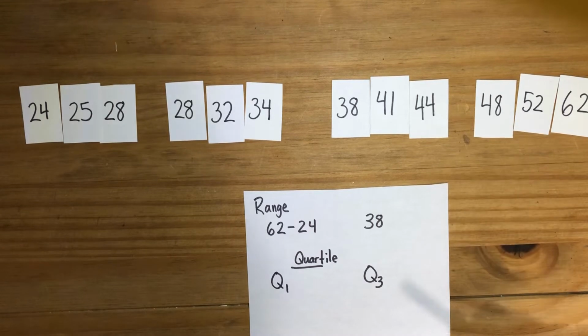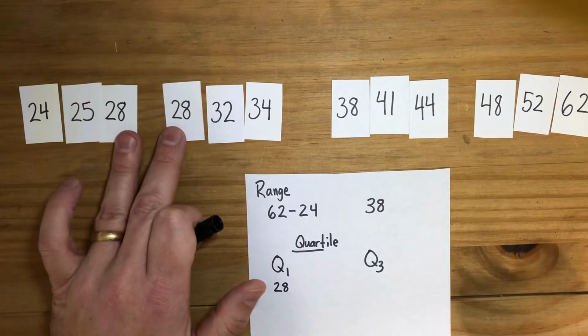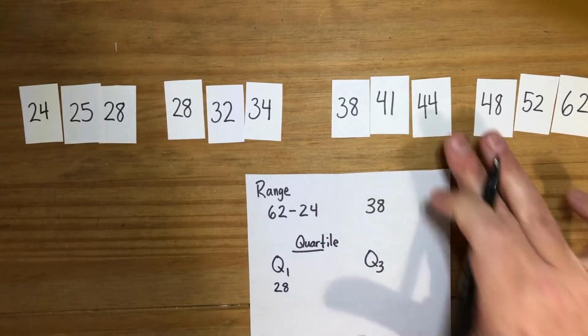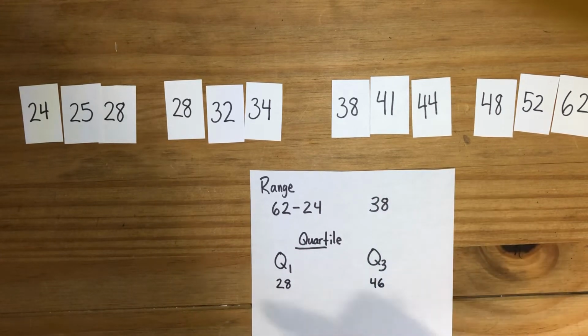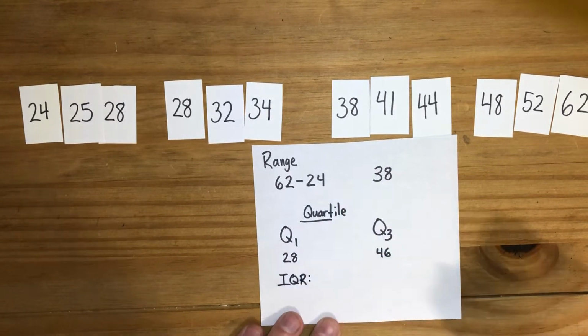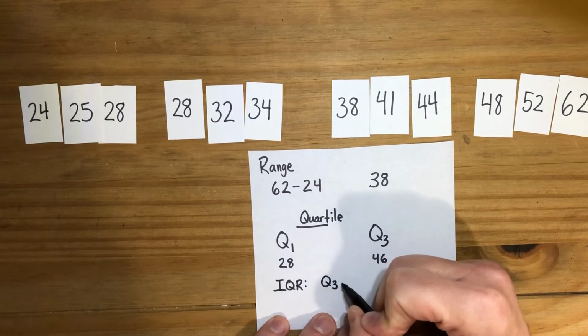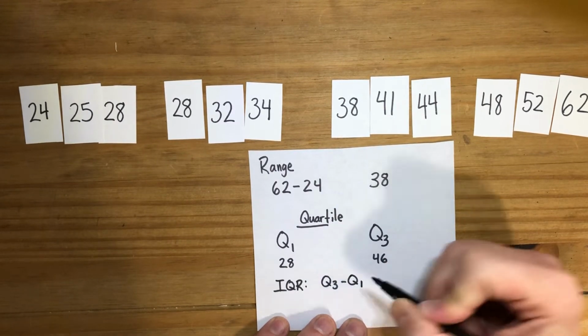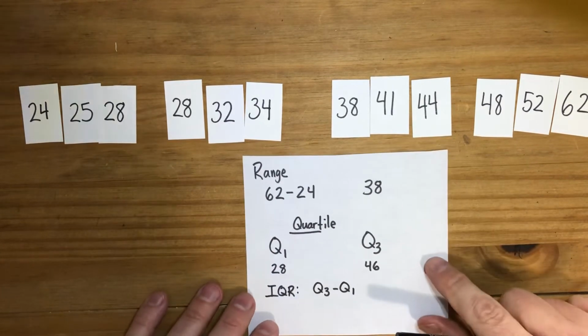I just wanted to give you kind of a tidbit. So this quartile 1 would be 28, because that's the number that would fall between 28 and 28. And here, this would be 46. And so in order to find what we call the interquartile range, or the IQR, what we do is we subtract quartile 3 minus quartile 1. And you're going to notice that I'm using subscript numbers, just like we did when we identified